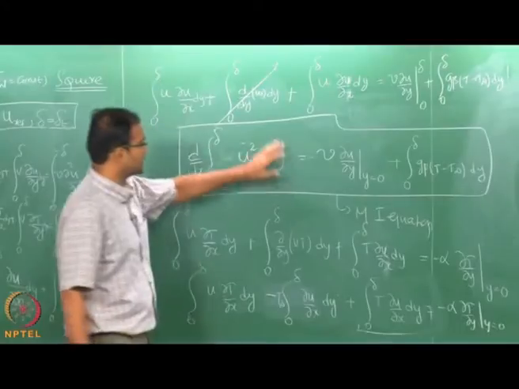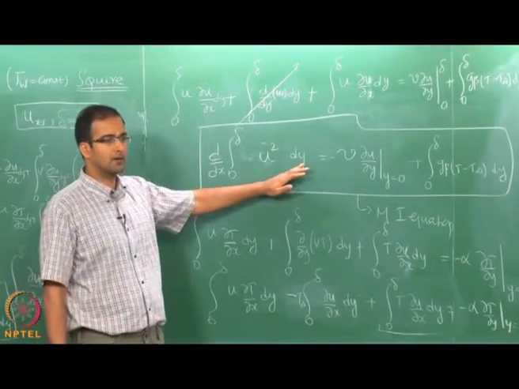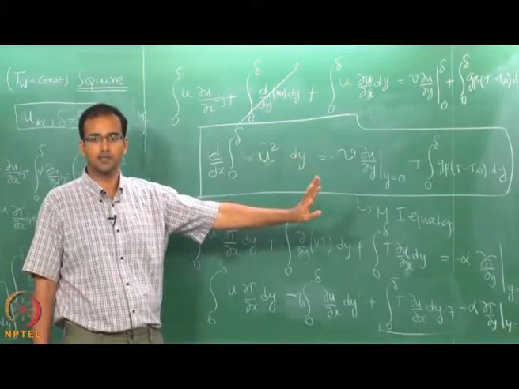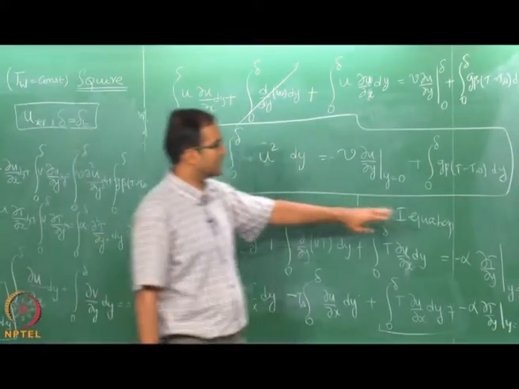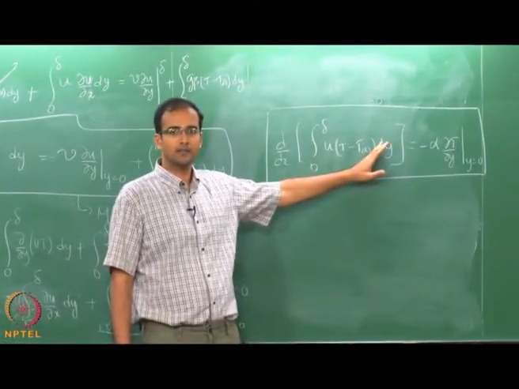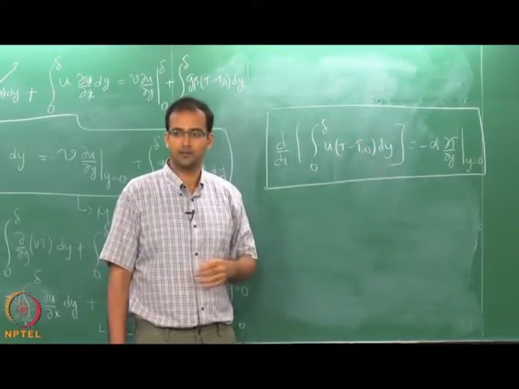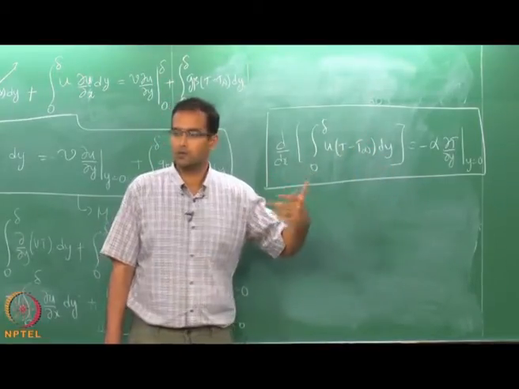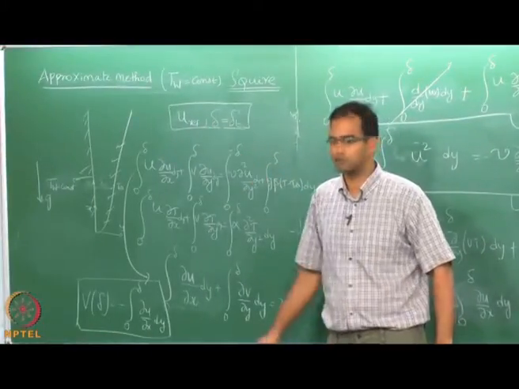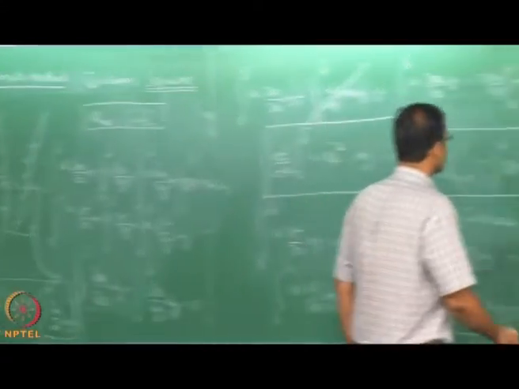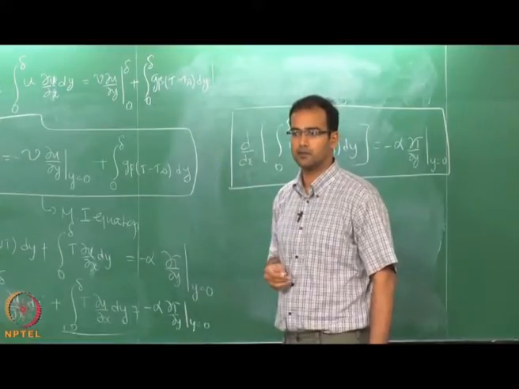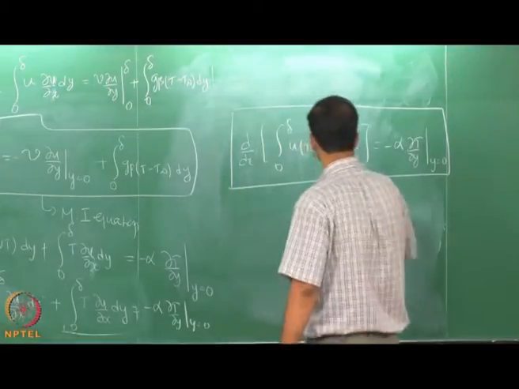So, now once you substitute the approximate profile for velocity, this becomes an ordinary differential equation with respect to x. Okay. Similarly, once you substitute the approximate profile for temperature and integrate it, you get an ordinary differential equation. So, you get two equations and two unknowns, one is your reference velocity, the other is your delta. Okay. So, you should understand that in this case we are integrating both between the limits 0 to delta. So, we do not distinguish delta and delta t, right.